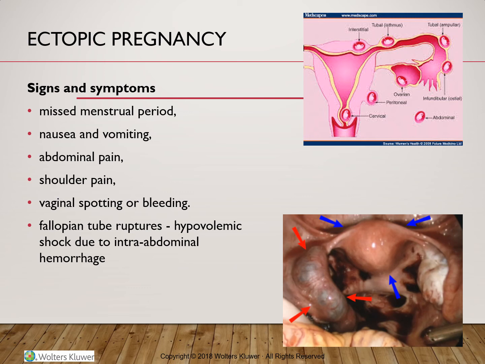So the diagnosis is critical to prevent the rupture and the profuse bleeding. The bleeding can lead to hypovolemic shock. Whenever there is hypovolemic shock, we'll see a rapid, thready pulse, a rising respiratory rate, shallow, irregular respiration, a falling blood pressure with pale, cold, clammy skin, and decreased or absent urine output.